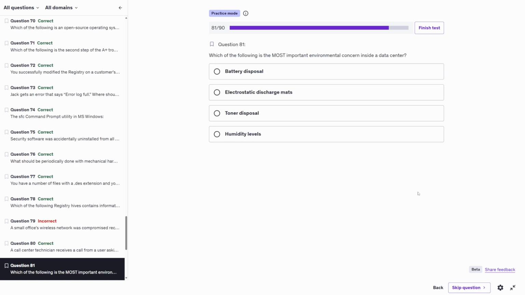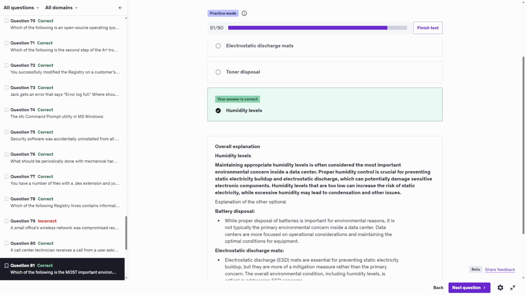Which of the following is the most important environmental concern in a data center? And this one's going to be humidity. Maintaining appropriate humidity levels is often considered the most important environmental concern inside a data center. Proper humidity control is crucial for preventing static electricity buildup and electrostatic discharge, which can potentially damage sensitive electronic components. Humidity levels that are too low can increase the risk of static electricity, while excessive humidity may lead to condensation